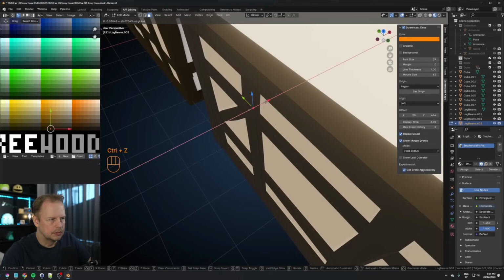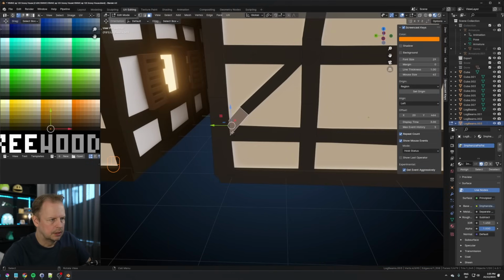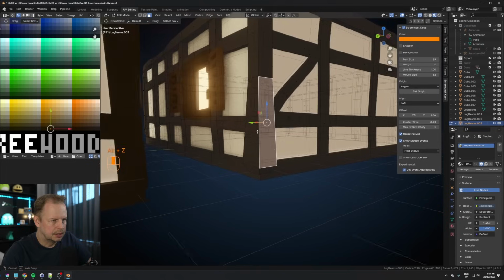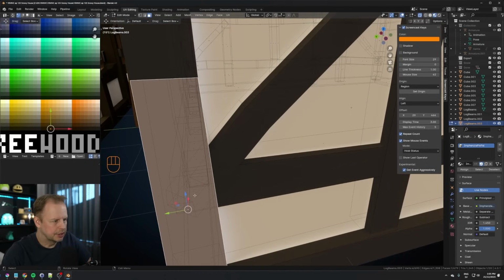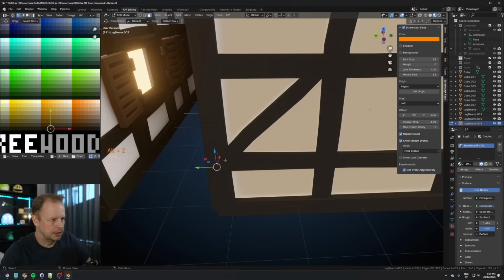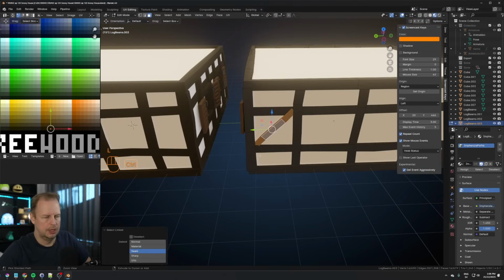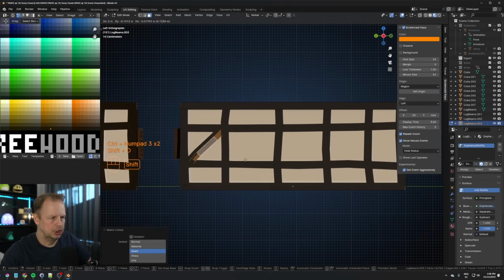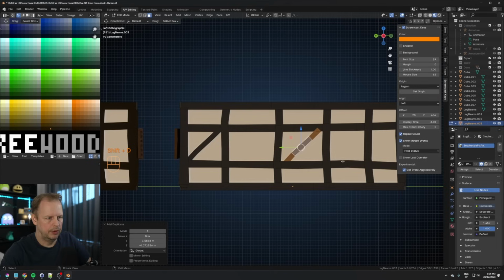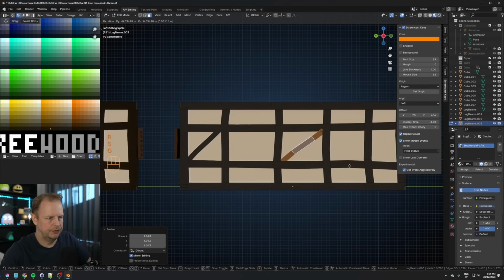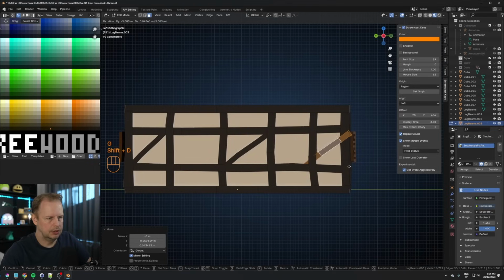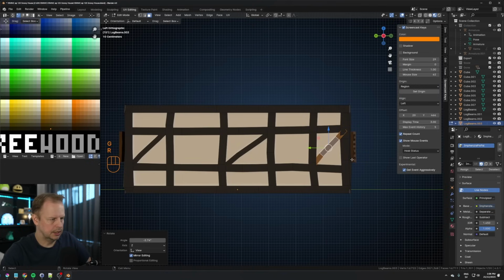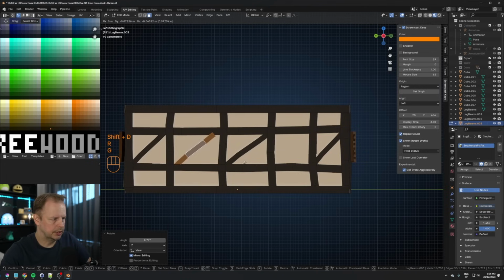There. Alt Z. Sometimes it can be tricky to see where the verts are, but there we go. Alt Z, move that one in to there. And now we'll just do Control 3 and Control 3. Shift D to duplicate, rotate, scale. We'll fix them a little bit in a second. Shift D to duplicate that one, rotate, scale. Should we crosshatch these on this side actually? I think so. Shift D to duplicate, rotate,